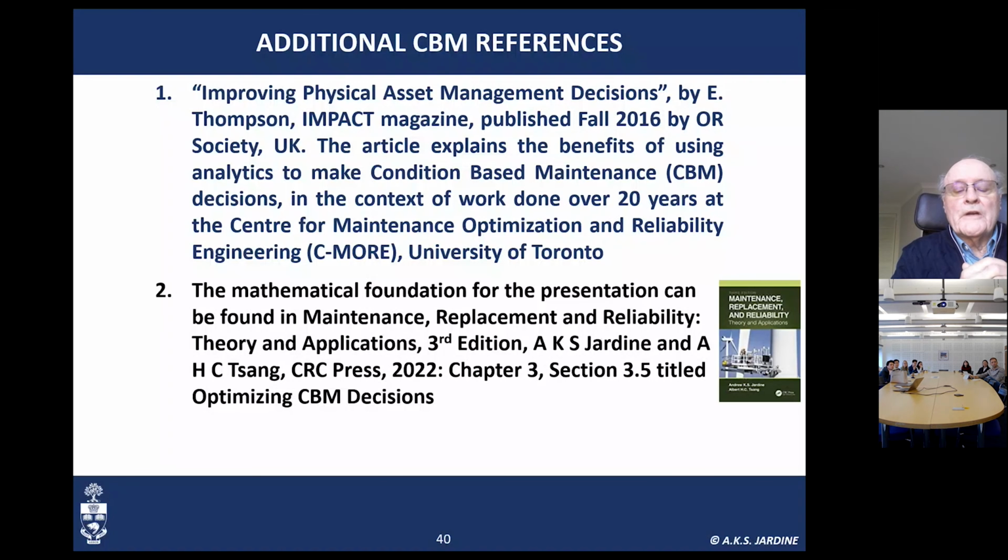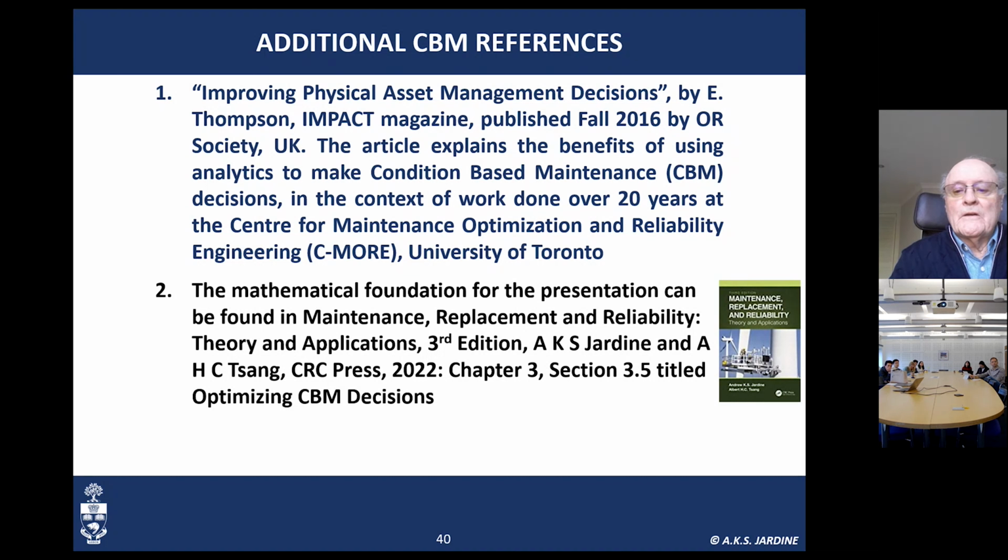There's some additional references. Elizabeth Thompson, she was my assistant, and she wrote an article for the Operational Research Society in the UK titled Improving Physical Asset Management Decisions. It was published in their magazine called Impact to talk about the benefits of using analytics. They were wanting articles dealing with analytics. And it's an easy to read article, and it talked about some of these examples I spoke to you